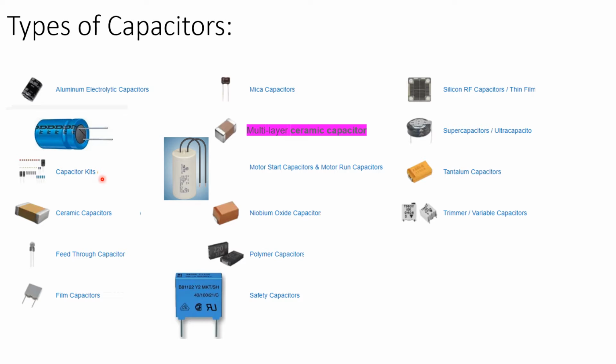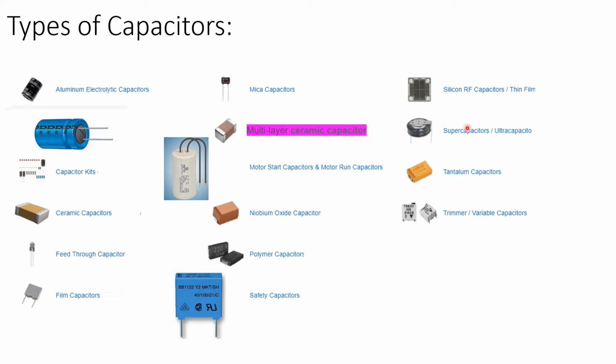Now we will come to the types of capacitors. In most electronic applications, we have a variety of capacitors. The most used are aluminum electrolytic capacitors, then ceramic capacitors, then the motor start capacitor that you have seen in your household, connected with an induction motor, nothing but our fan. And safety capacitors, now required because our regulatory system is very stringent, and you must put a safety capacitor into the circuit.